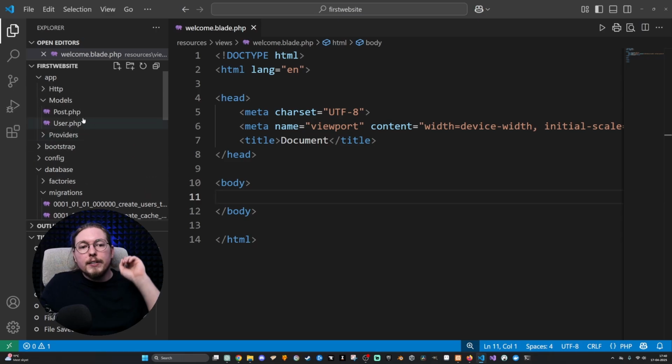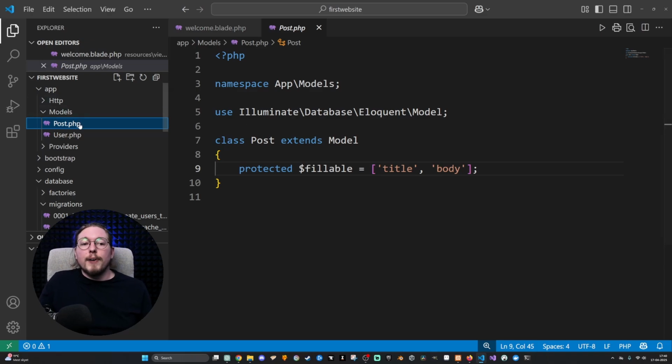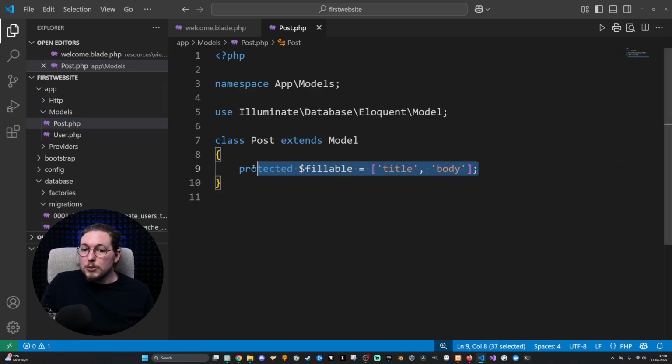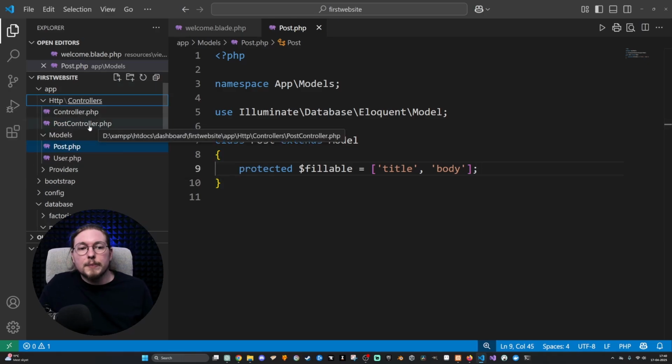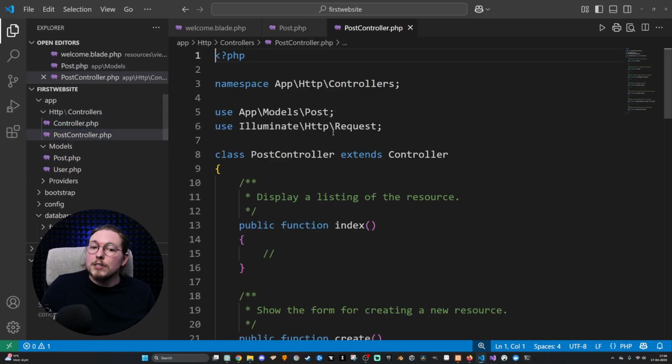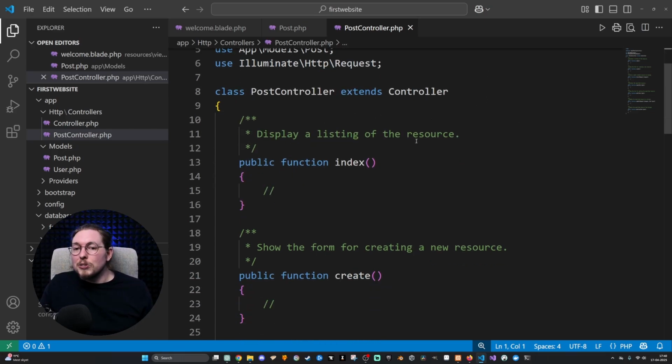We have a model file inside our models folder, which is called post. Now this particular file, we did actually modify in the last episode to make sure that we could actually post certain information inside our table, inside the database, in order to not get an error message. We did also have, if we were to go inside HTTP here, a post controller.php, and this one we're actually going to be talking about today, because right now inside this controller we have